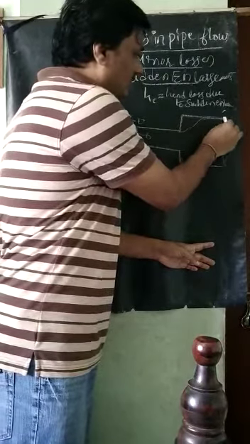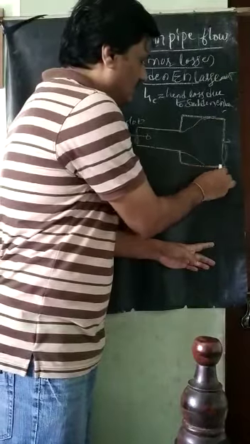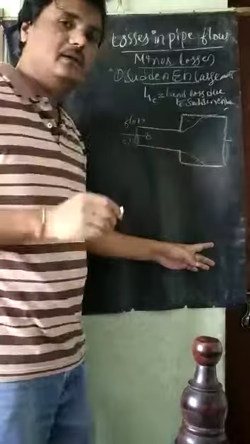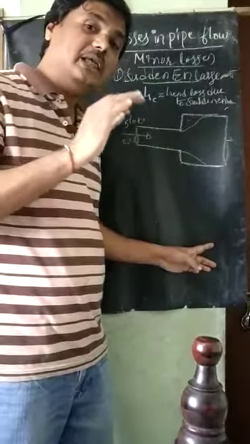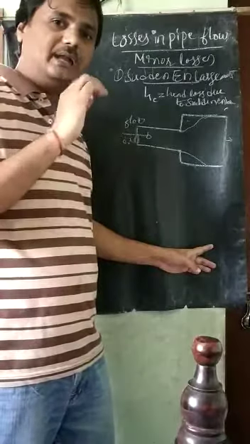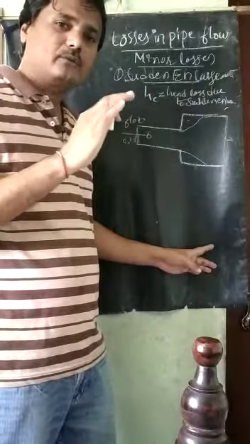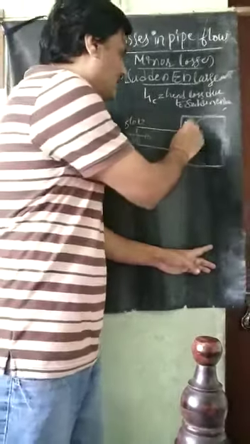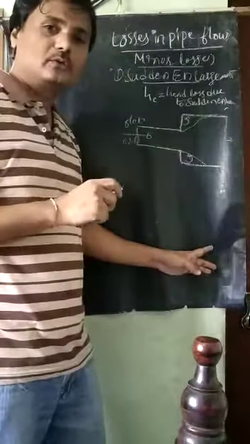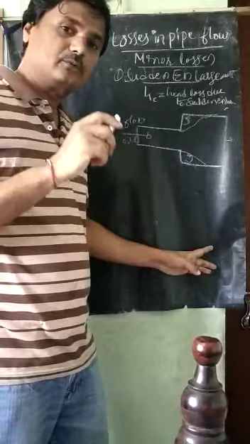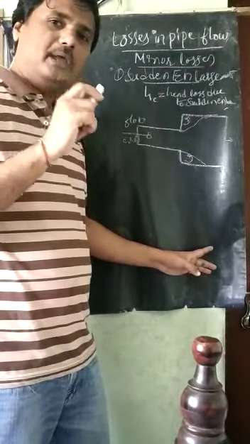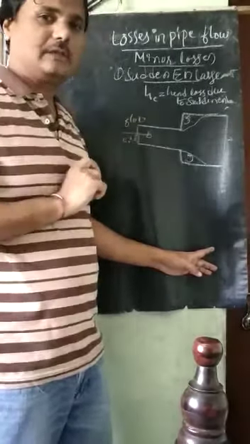Afterwards it will follow this one. Here they will go like this, then they will also follow here. What about here? Here some adverse pressure gradients will take place. So that leads to vortices forming in this zone. Some vortices, or the disorderliness of the water particles, will take place. That is the main cause of the loss here.